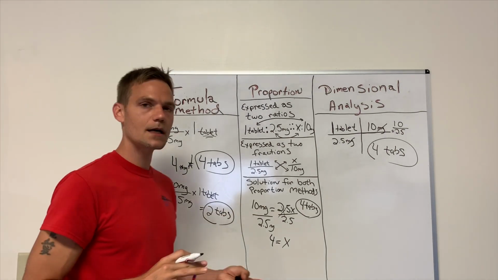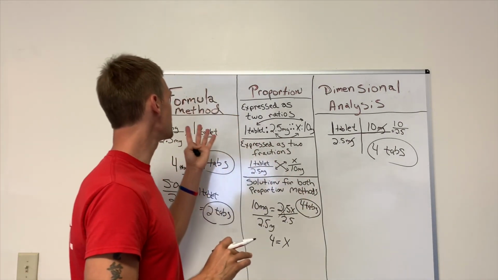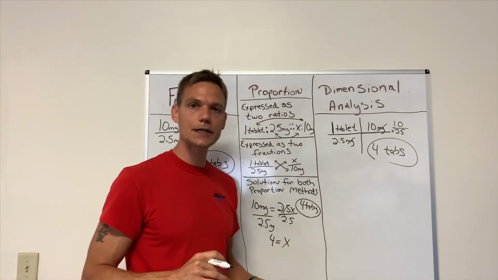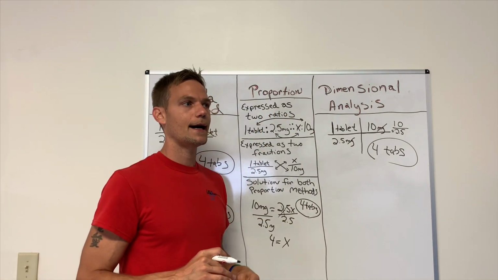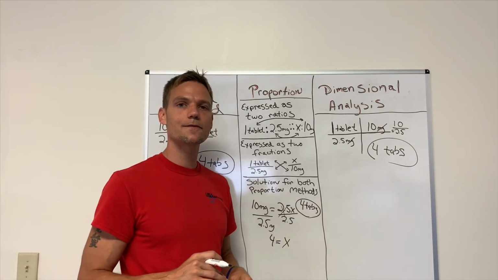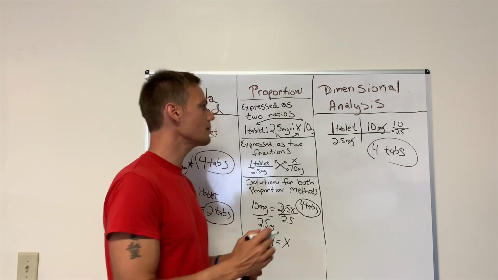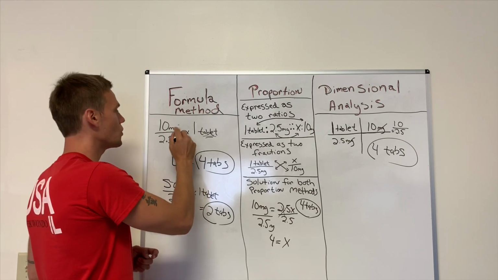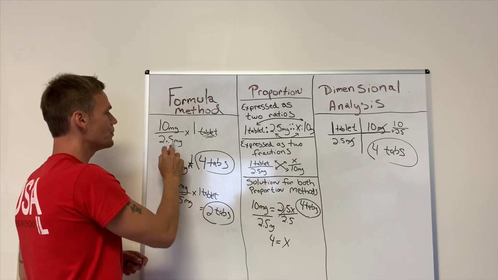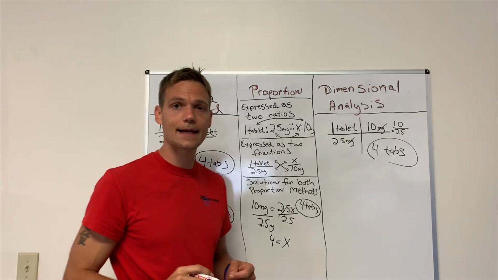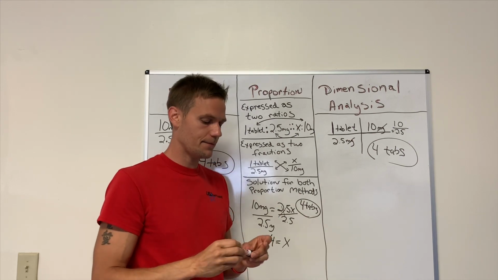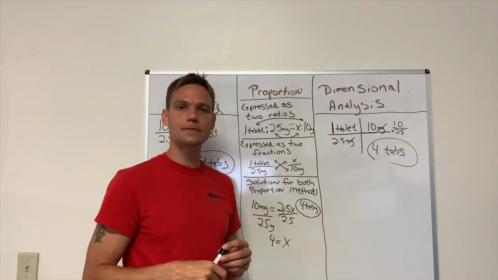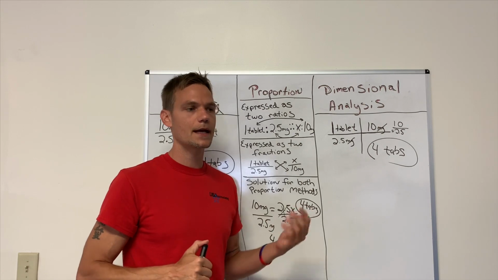So whenever you're lost, I know, we have 3 methods here that you can use. If you start to get the methods confused, you can't go wrong by writing the doctor's order first, the dose ordered. Then you put over the dose on hand and do the appropriate math equations, and you should get the